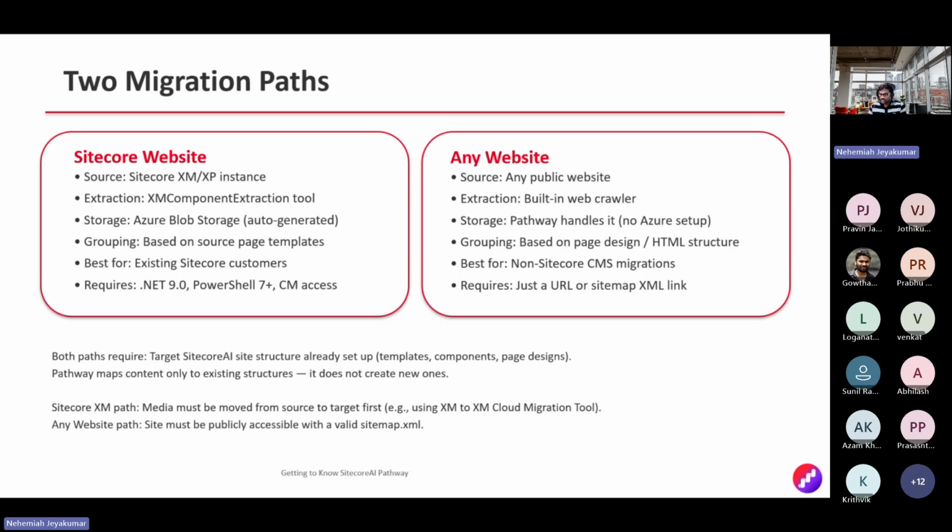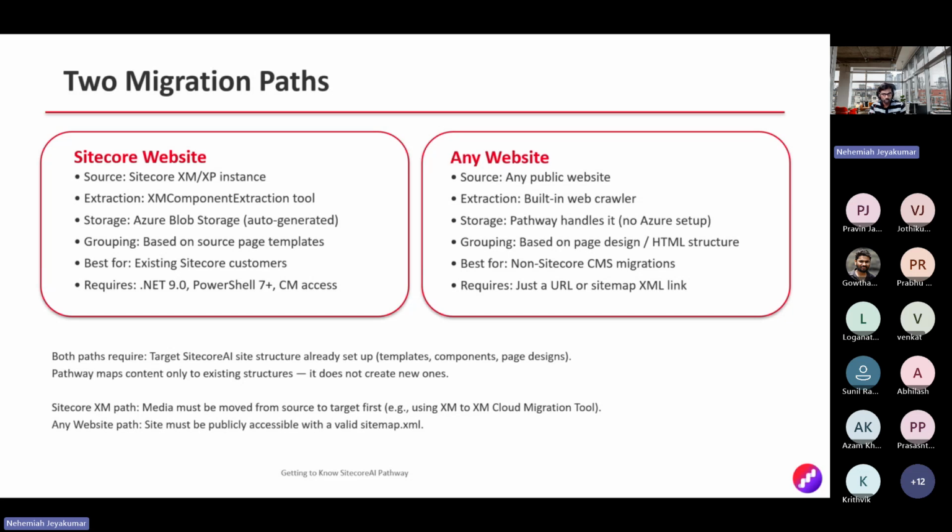So as I said, there are two migration paths, and we are going to cover both in this session. The first one is migrating your current Sitecore XM or XP site, which is specifically for current Sitecore customers. You use a tool provided by Sitecore itself, called XM component extraction. This tool extracts your source data